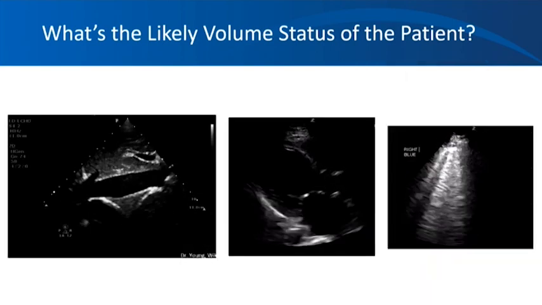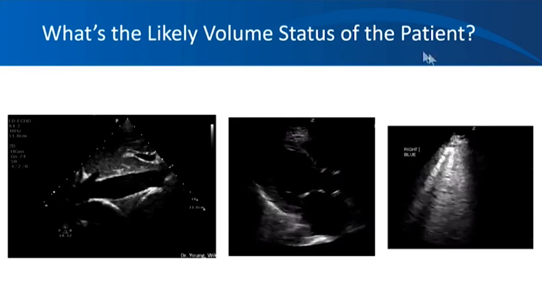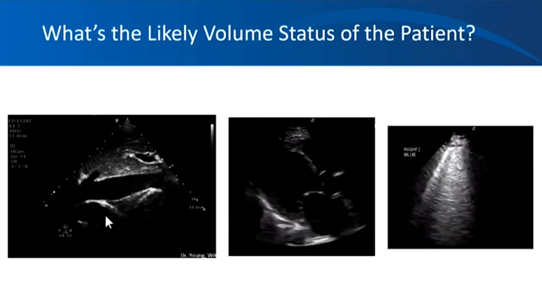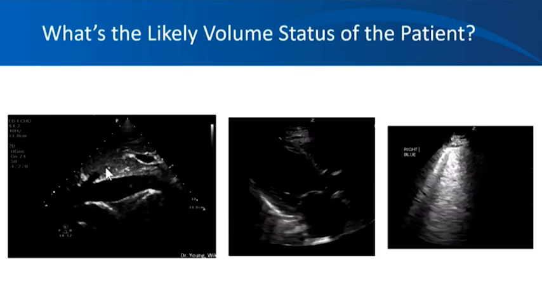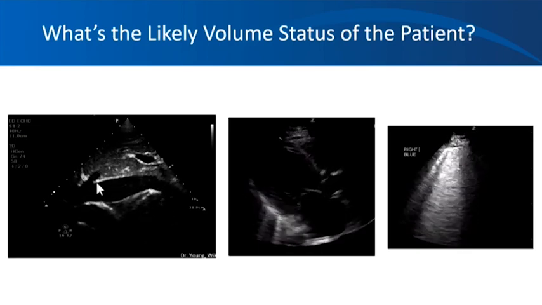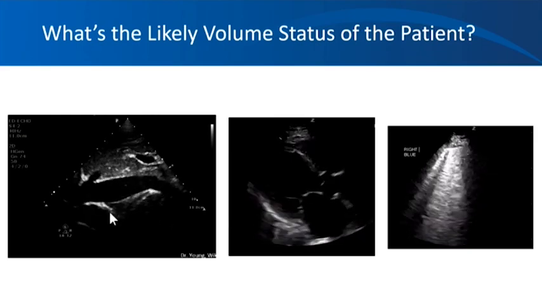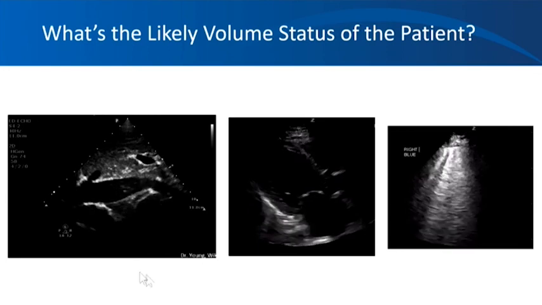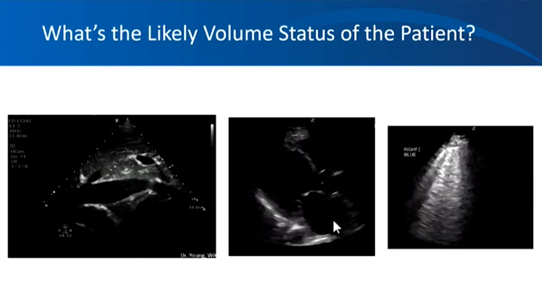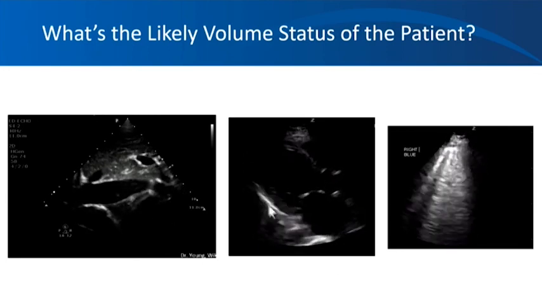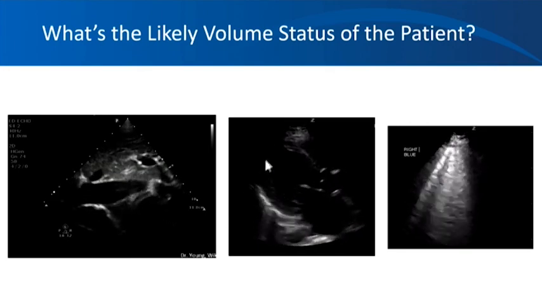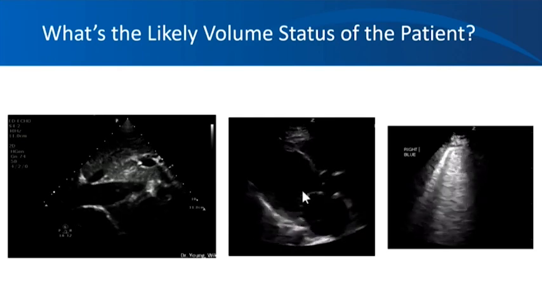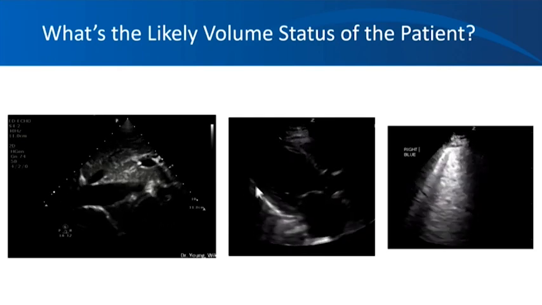And how about this patient? So here you see IVC ultrasound, heart, and the lung. In the IVC, you see very prominent hepatic vein, and with respiration, it's not doing anything. It's not changing at all with respiration. And here in the heart, you see the left ventricle is not moving together with the heartbeat, and you see these mitral valve leaflets are just barely moving. So there is severe